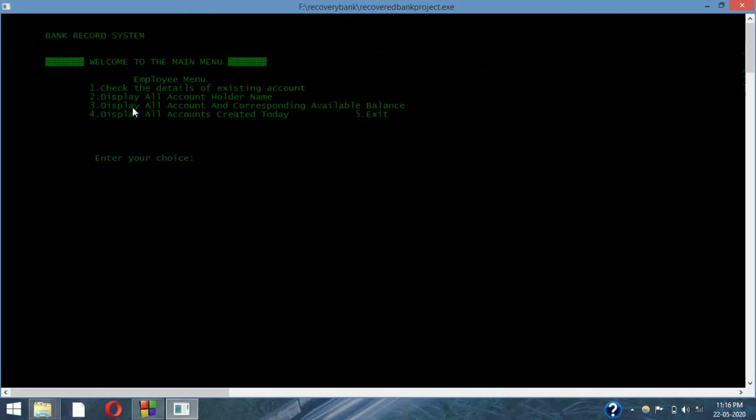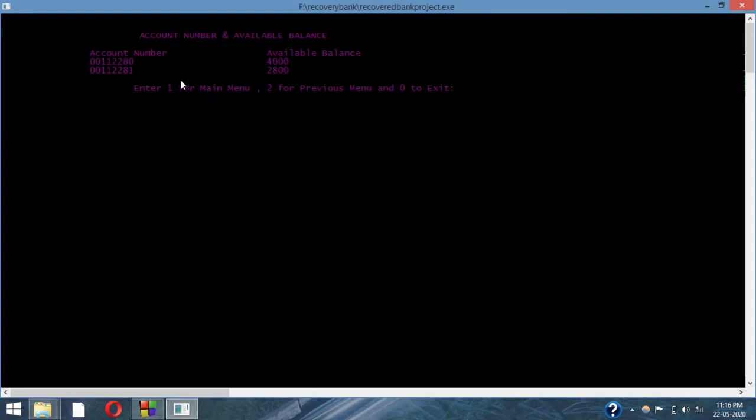Then the third is display all accounts and corresponding available balance. For this function only we are using the map STL. We can see here that the account number is the key and the available balance is the value. So here we are using the map STL.